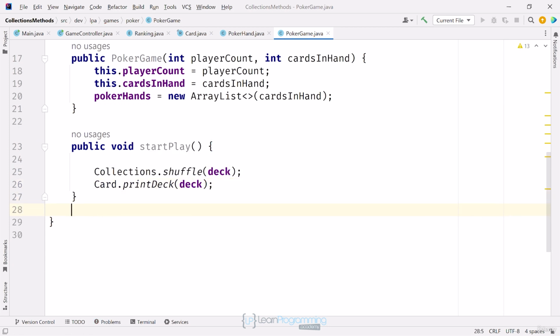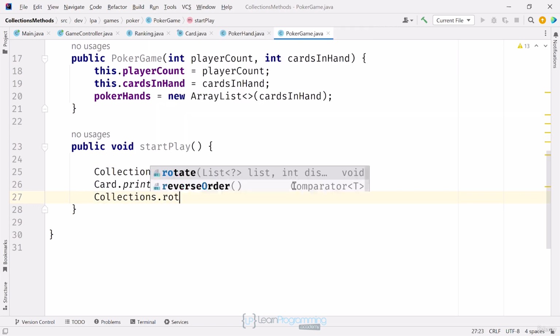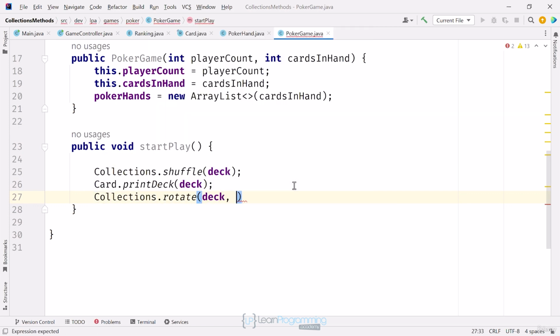Now let's say I want to provide a way to cut the deck next. When you cut the deck, you split the deck, often near the middle, and put the top part that you cut under the lower part. What method does that sound like to you? Did you guess rotate? That's what I'll use. Let's try that out. I'll call collections.rotate, passing the deck, and 26, the exact center of the deck, and I'll